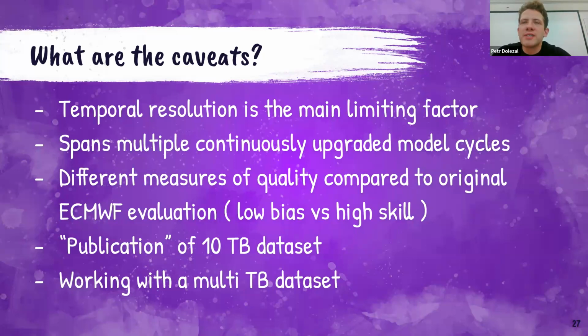ERA5 is so popular because they took a single model and fitted it to every single data point that they had: satellite, weather balloons, weather stations, right? This is different because this is a permanently upgraded model. So the 2015 model is different to the 2016 model. Sometimes they're better at predicting something, and then they decided to be slightly worse at predicting that in order to be better at predicting something else. And so this is just an nature data set that this kind of